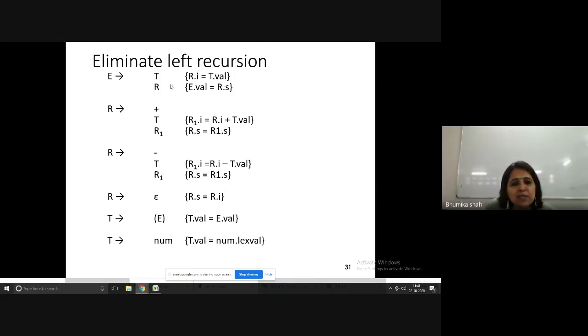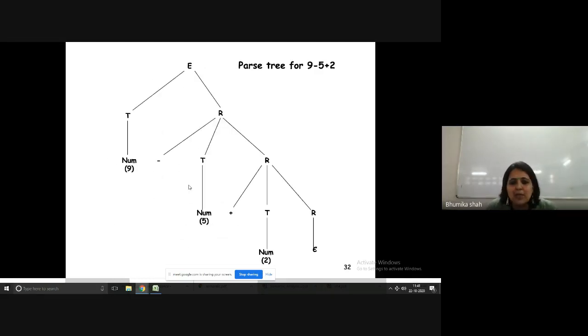So what two values is it calculating? It is calculating the value of R. Also, it is assigning a value to the node capital E. So that calculation of capital E, which is coming from child node to parent node, is written at the last. Similarly, in this rule, it is calculating the value of R1. So that is inherited, written between T and R1. But it is also passing the value to the left side node, that is the parent node, and hence that action is written at the end. R.S is equal to R1.S. The throwback we have seen earlier. Similarly here as well. So that is what we have discussed.